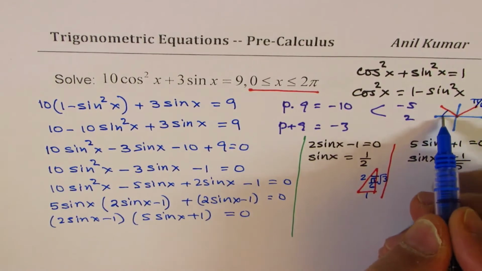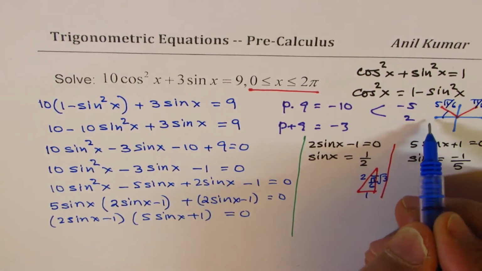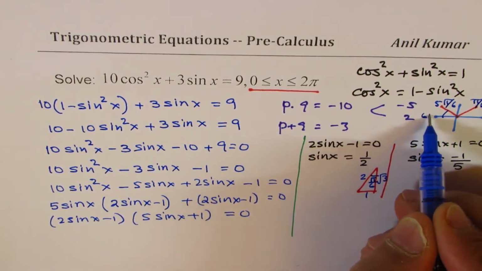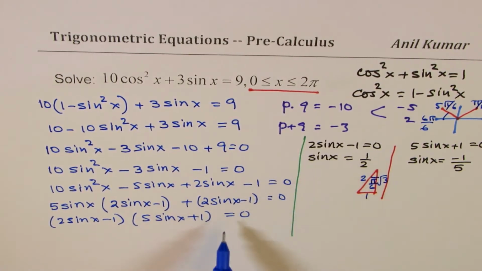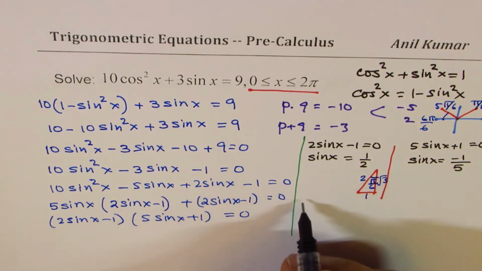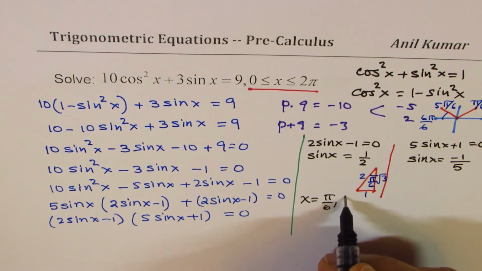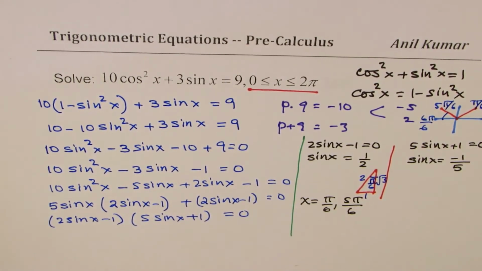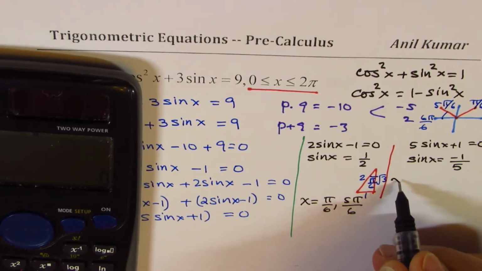The other solution should be the acute angle of pi by 6, which is 5 pi by 6, since 180 degrees is 6 pi by 6. Do you see that? So in this particular case, we get two solutions. One of them is x equals pi by 6. The other one is 5 pi by 6. Is that clear? Now let's find the solution for this part, which is sine x